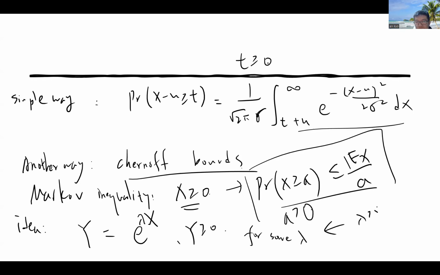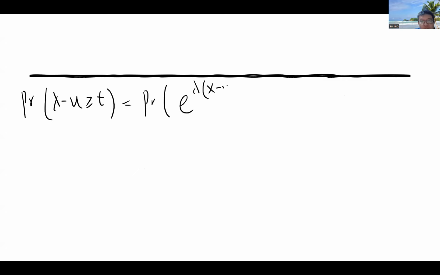Okay, then for lambda greater than 0, you can optimize lambda to get a bound. So let me just write this down. We have the probability that x minus mu is greater or equal to t. Let's say we take the exponential, right? It's the same as the probability that exponential of lambda times (x minus mu) is greater or equal to exponential of lambda t, where lambda is greater or equal to 0. And this is less or equal to, using Markov,